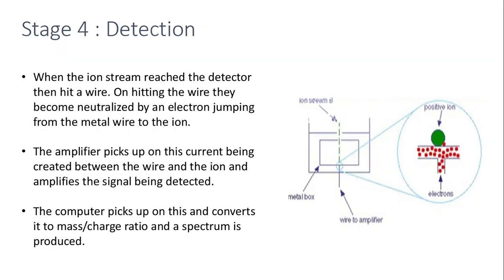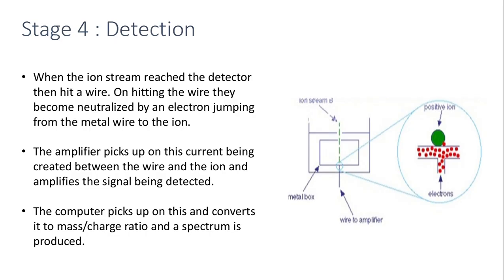Then stage 4 is detection. When the ion stream reaches the detector, the ions hit a wire. On hitting the wire, they become neutralized by an electron jumping from the metal wire to the ion. The amplifier picks up on this current being created between the wire and the ion and amplifies the signal being detected. Then the computer picks up on this and converts it to mass to charge ratio, and a spectrum is